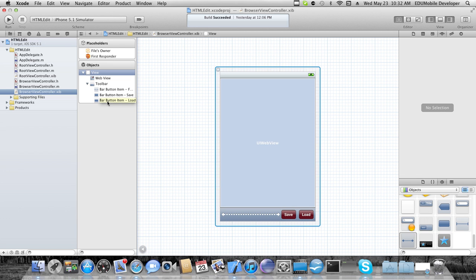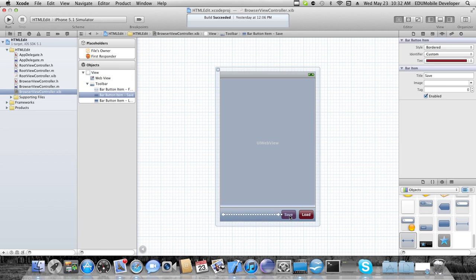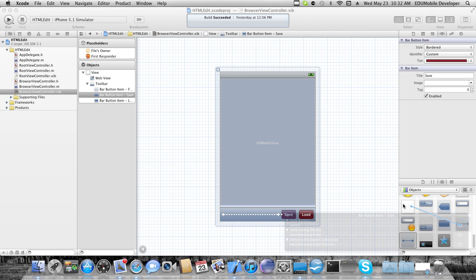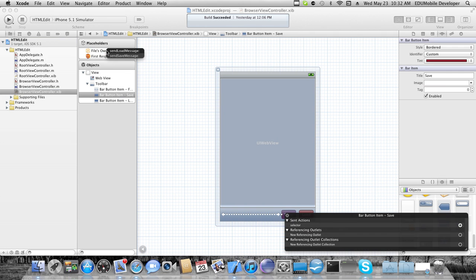Now when we look at the controller, we're going to talk about hooking up these controls, which is a little bit different than hooking up other controls. But we'll look at right now, for instance, if we select the save button and right click it, we see that we have sent actions as normal. But now if I delete this, watch what happens. This now says selector, and it expects us to select a selector for this particular sent action for this button item. Now we can click here and drag on the plus button to Files Owner and then pick Send Save